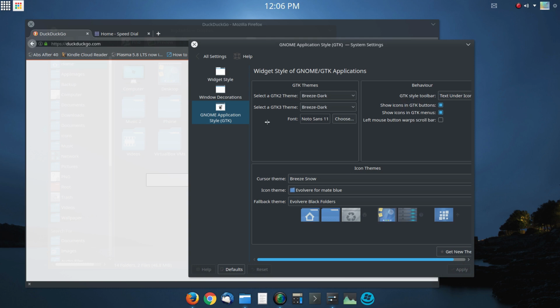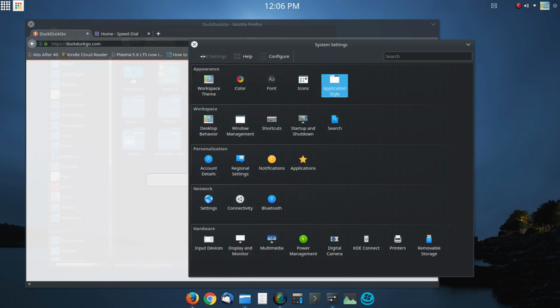So KDE has a ton of settings, but these are just some of them, and these are just some of the appearance settings. So we'll get into the next ones in the next video. Hopefully I didn't go too long,